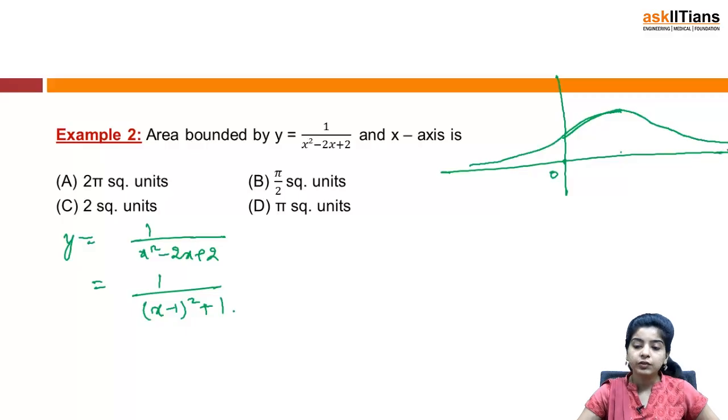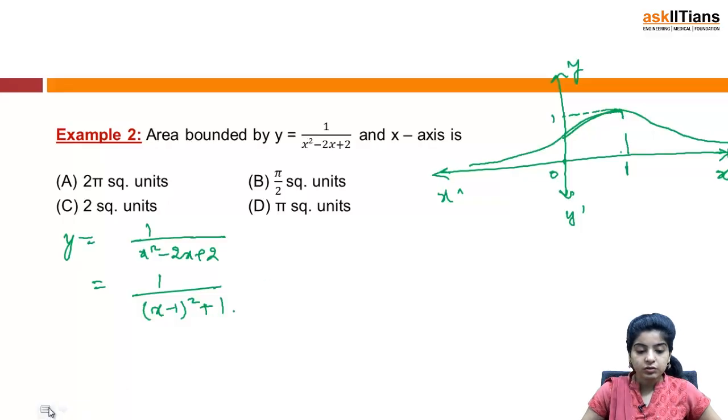and so this is how our curve is going to look like, and this is my 1, this is 1, this is y axis, this is y dash, this is x dash, and this is x. Okay, so let me shade it also, this is the required area that we are required to compute. This entire area we are required to compute, right?